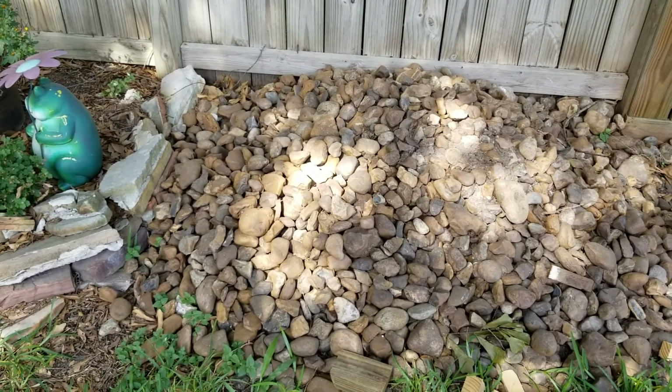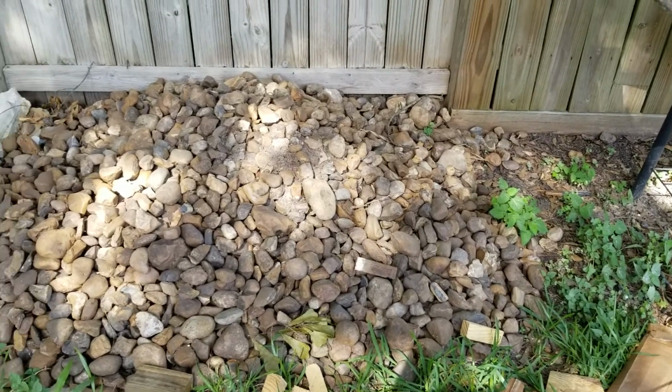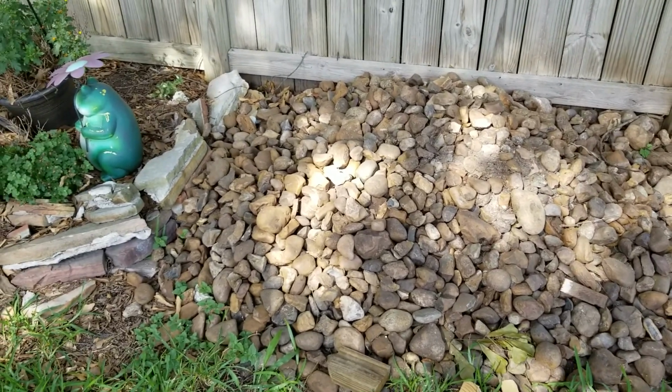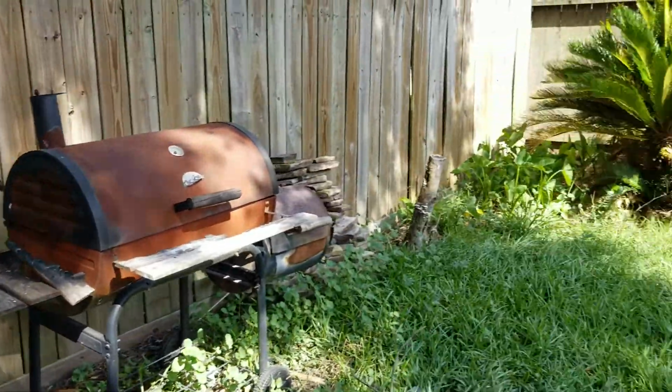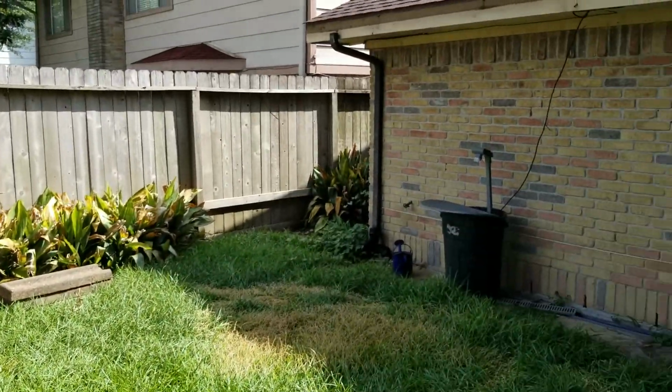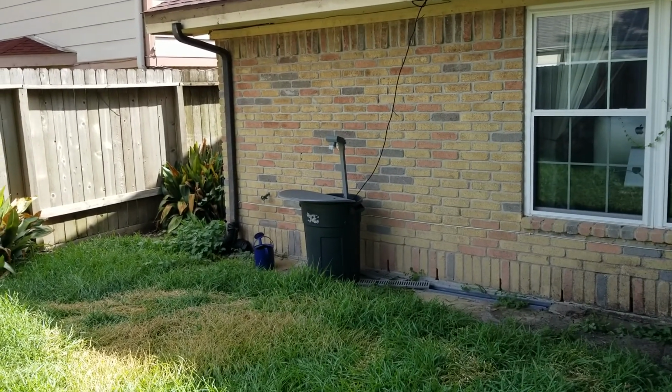Here's our landscaping rock pile that was out front. And this was a chore. This took the better part of a day to move this huge pile of rocks from out front, picking them up just a couple at a time. That was a project. So I still need to remount the satellite dish so that we can have TV again,